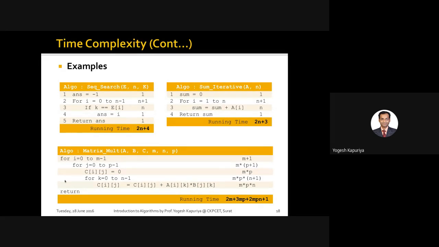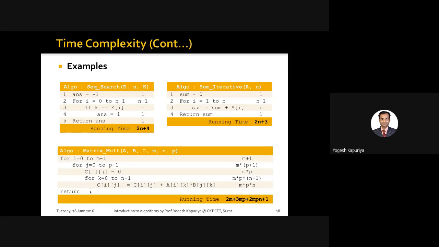Then statement number 4, again this is an iteration. So 0 to n minus 1, that means 1 to n, that means it will execute n plus 1 times. So you say m into p into n plus 1. And every other thing inside this for loop will be executing n times. So that's why you say m into p into n. And then the step count of this is an assignment, A is equal to b. So that's why step count is 1. So this is multiplied by 1.